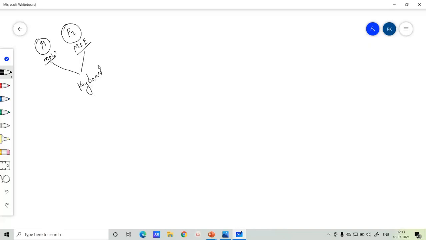When process 1, that is MS Word, wants to use the keyboard, and process 2, that is MS Excel, also wants to use the keyboard, this device or resource can be used by only one of the processes.